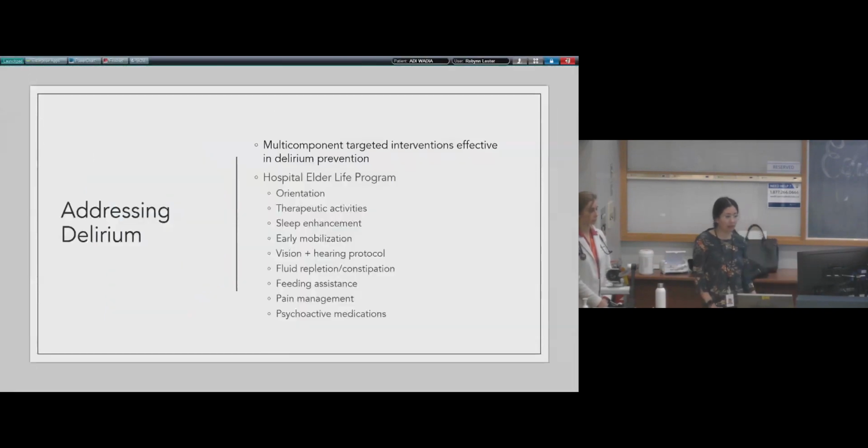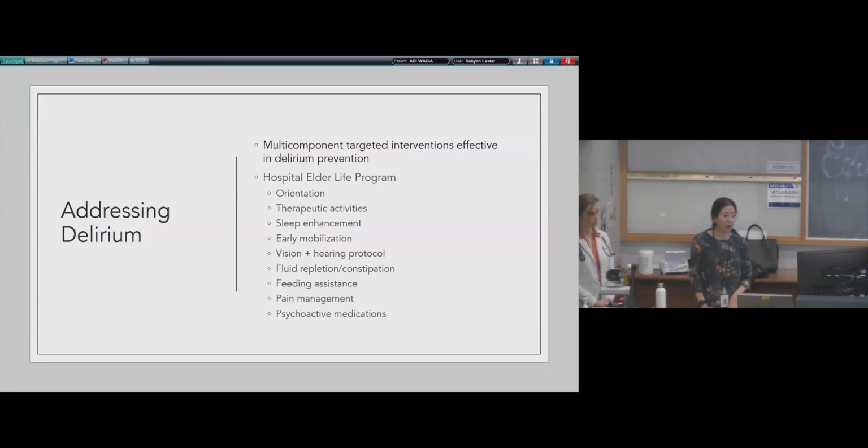What we do know, though, is given that there's so many risk factors to the incidence of postoperative delirium, looking at a multi-component targeted intervention in delirium prevention is where we see the most success. So the Hospital Elder Life program is, again, something that's been widely used in various inpatient settings. And over the span of perioperative settings and acute medical inpatient ward settings, we know that by applying these concepts, people have a reduced incidence of delirium as well as falls, and a trend towards decreasing length of stay and preventing